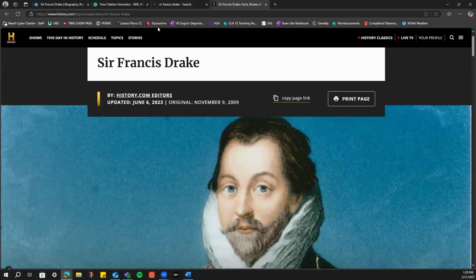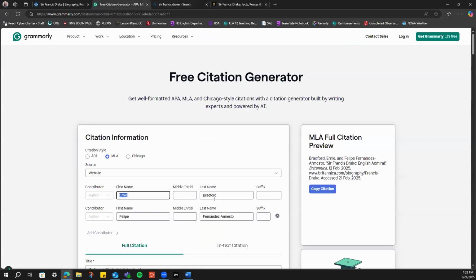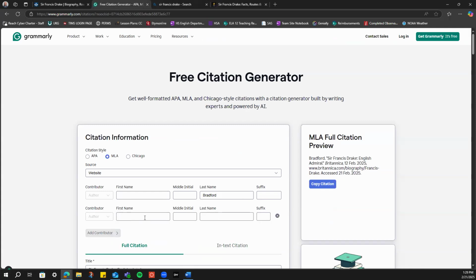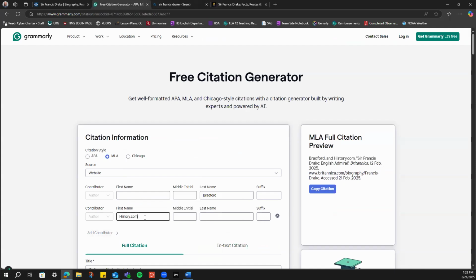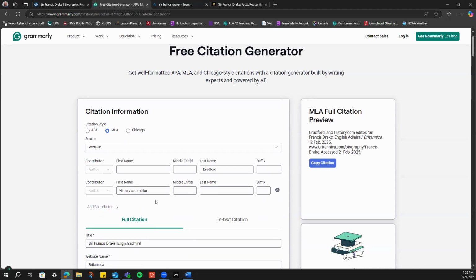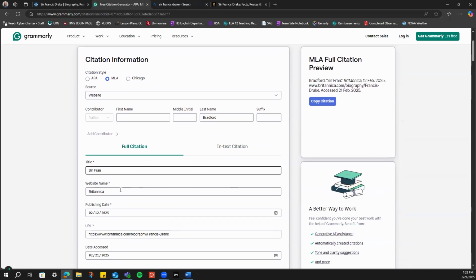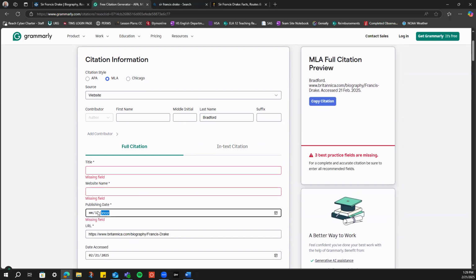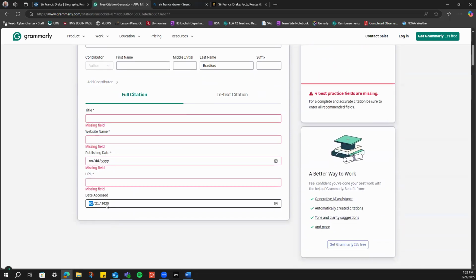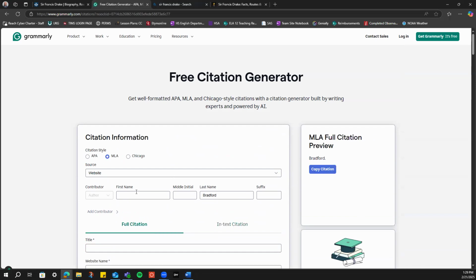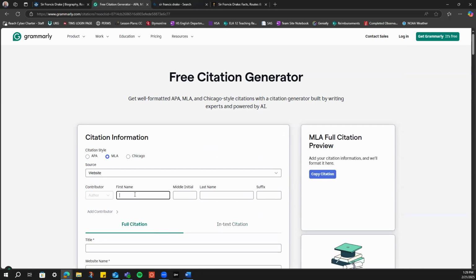All right. So in that case, when we go to our citation generator, we would leave them off. Let me see if I can add. You could put history.com editors. Now it's all whacked out. All right, let me delete the rest of this stuff and start with a blank slate. Sometimes you just got to go back to the drawing board. There. And for some reason, it's still saying Bradford. Oh, I left his name. That's why. All right. So let's put it here and maybe we'll say